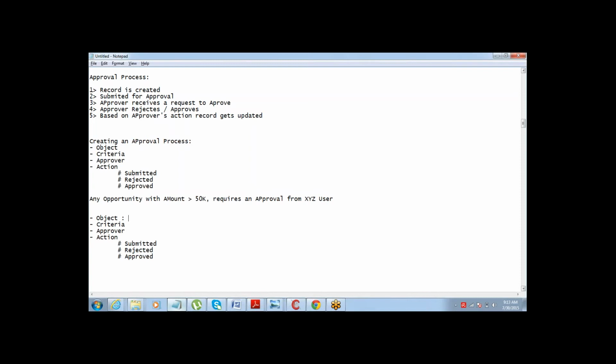Which object are we talking about here? Opportunity. What is the criteria here? Amount greater than 50,000. Who is the approver?